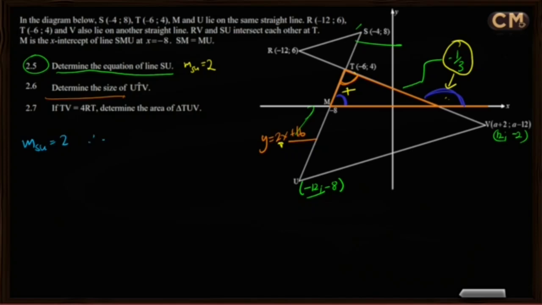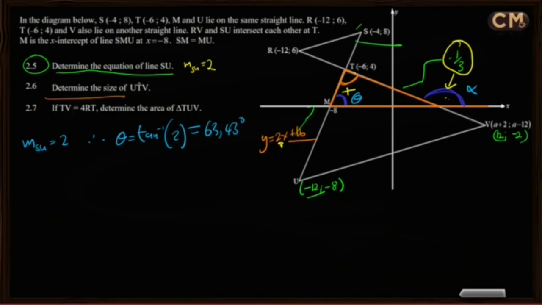Therefore, if we call this angle theta and we call this angle over here alpha, we can move forward. So we'll say that theta is then equal to the inverse of tan applied to the gradient 2, which is just going to equal